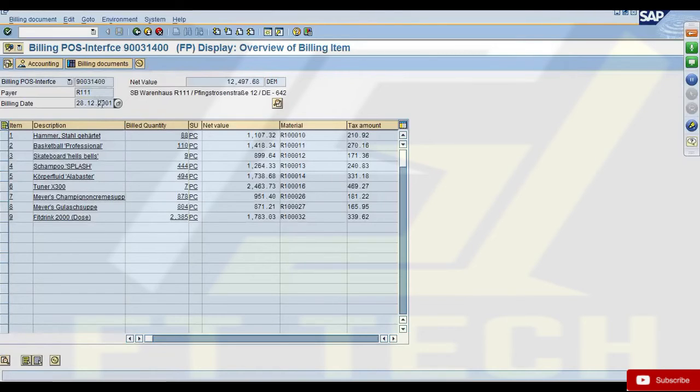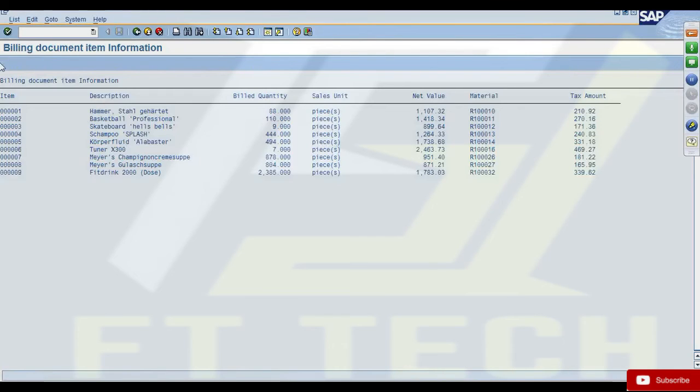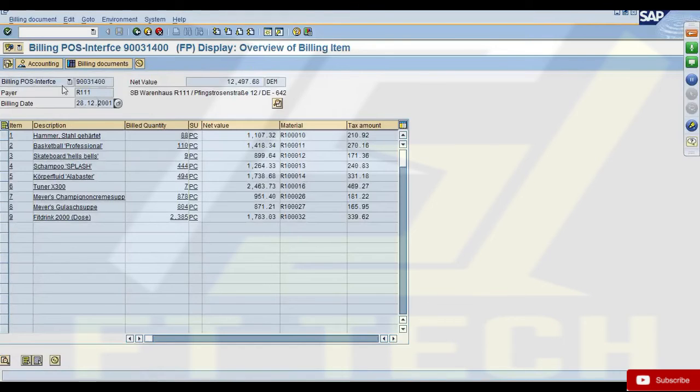So what I want you to do with this program, before you print the item details, is print some header information on the top, like the billing document number. Then the payer: it gives you the payer number, but you don't understand who the payer is, right? You don't know the name of the person.